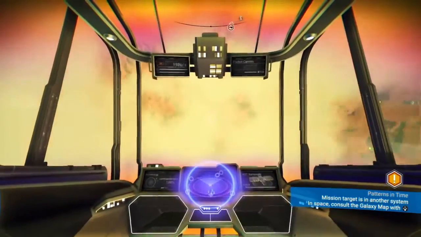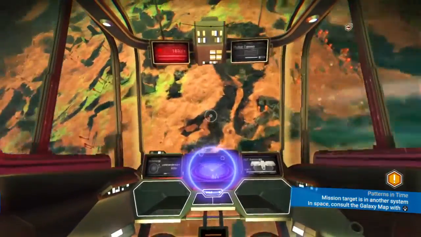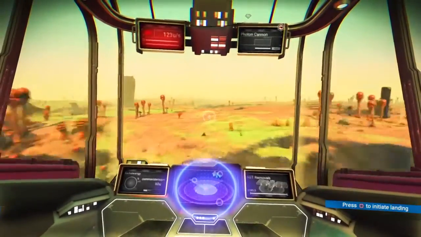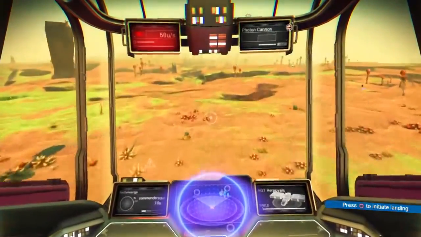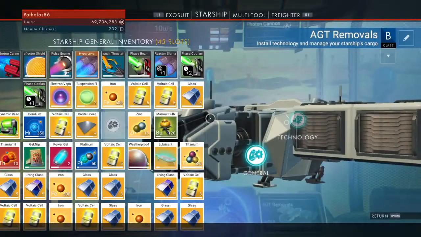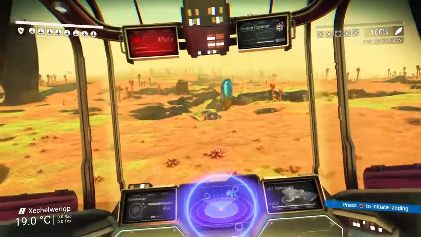So, now what I should have done really is found out what this planet's like from space, see if it's going to be very uninhabitable. And actually there's a point before I put down how much launch thruster I'll be able to take off again. That's alright. Okay, let's see if I can...